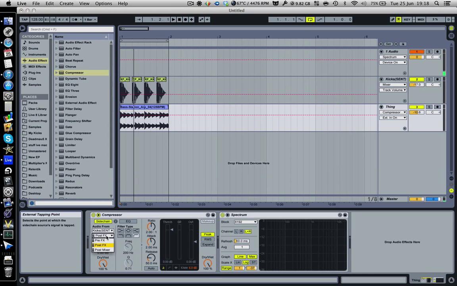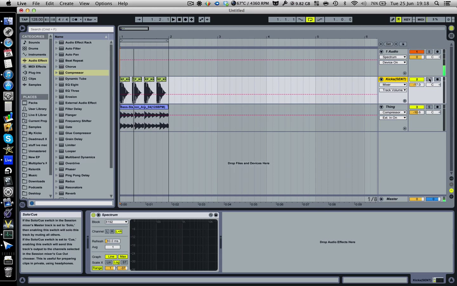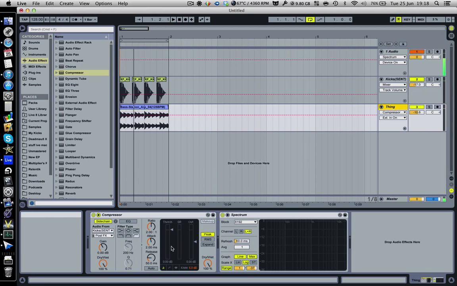And post effects, pre-effects, might as well leave it on post effects unless you're doing something complicated, and leave all these settings as they are, again, unless you're doing something slightly complicated. Same with the EQ, best just leave it out for now until you get more used to the way things work. So now, if I just kind of show you what's going on, what we need to look for is